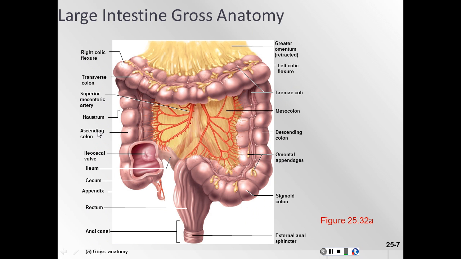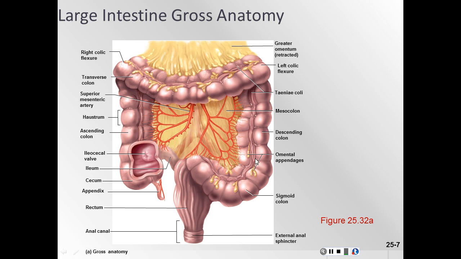So here's a gross diagram of the large intestines. Here we have our cecum, we have our ascending, transverse, descending, we have our sigmoid, the rectum, and we have our anal canal. And of course, here is that region where the ascending colon takes that 90-degree turn horizontally. This section here is called the right colic flexure. And this area here is the left colic flexure, where the transverse colon makes a 90-degree turn downward to start forming that